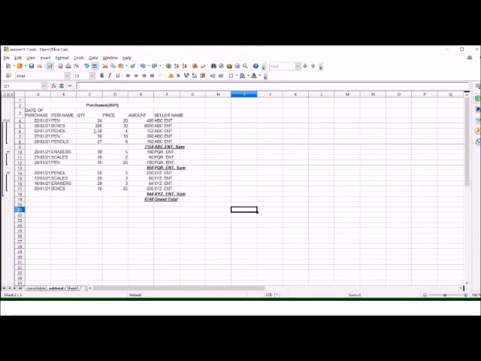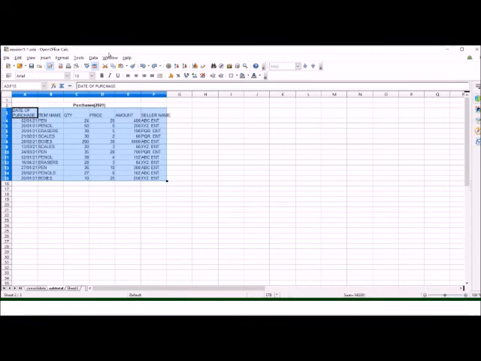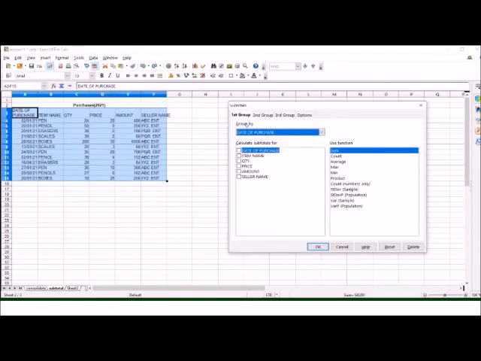And we can also group on more than one basis. Again I'll press Ctrl Z. Suppose first we want to group on the basis of seller name, then we will select seller name here.